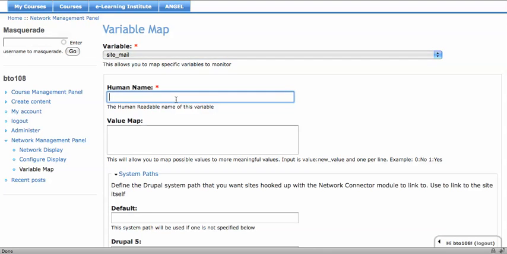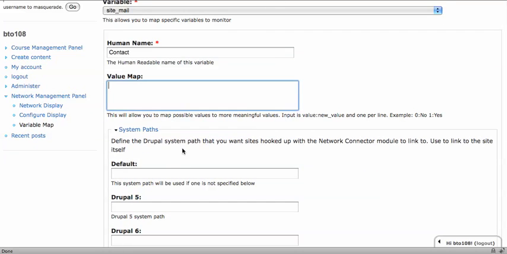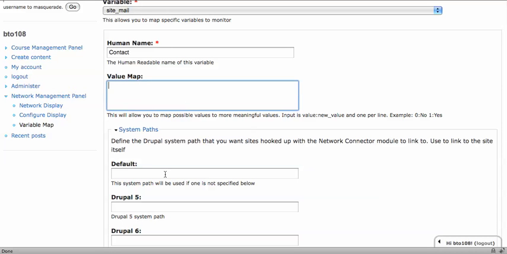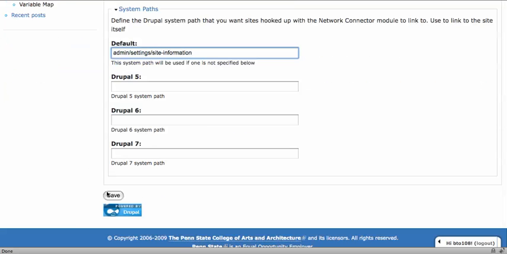So, and what is site mail? Well, site mail is actually the email address of the server, or sorry, of that website. So that's probably the contact. So I'm not going to map any values, but it is going to be important to know what the actual address to go to is. So the contact email is stored on the admin settings site information page. So what I can do here is throw that into the default one, hit save,